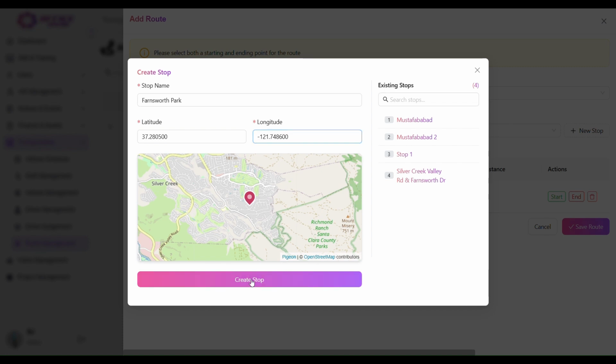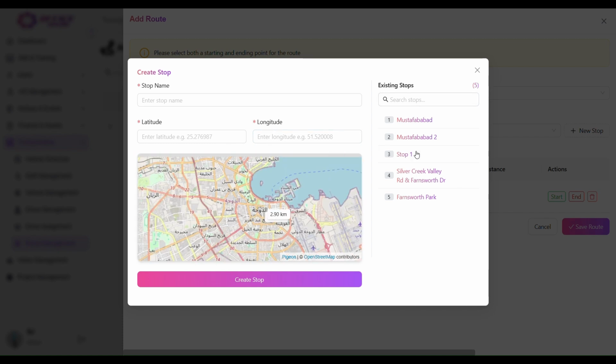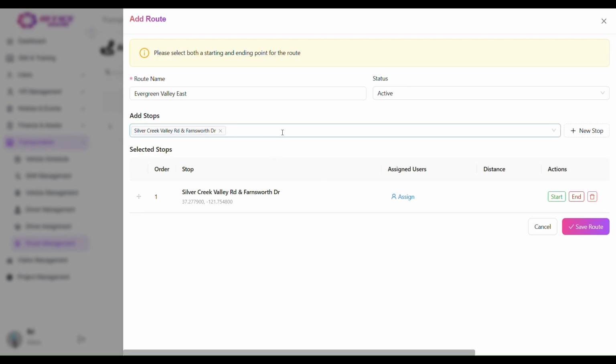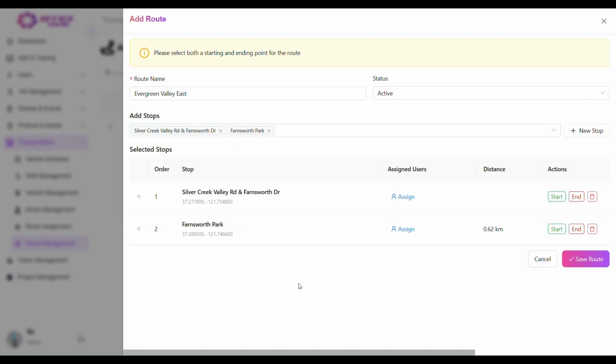And we will create the stop. You can create as many stops as you want. Now, for now, these two stops are enough. Let's select this one. These will be stops. Now we have to start a trip, so we have to give a starting point and